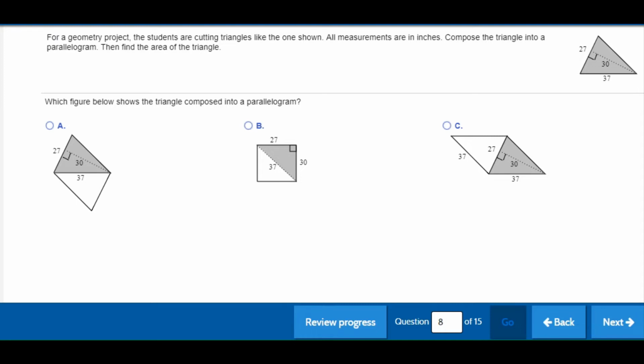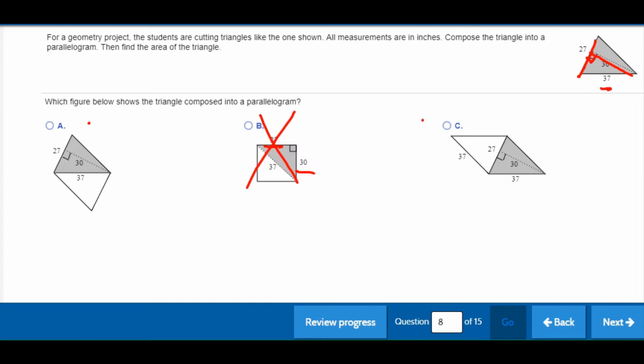So first off, it says compose the triangle into a parallelogram. That right there tells me that B is the wrong answer because that is not a parallelogram. That looks like a rectangle. In fact, it is a rectangle. 26 by 30 is a rectangle. A and C look more like parallelograms. But they both look like parallelograms, and it looks kind of confusing. Because we have 30 as the height and 27 as the base, and then we have a side length of